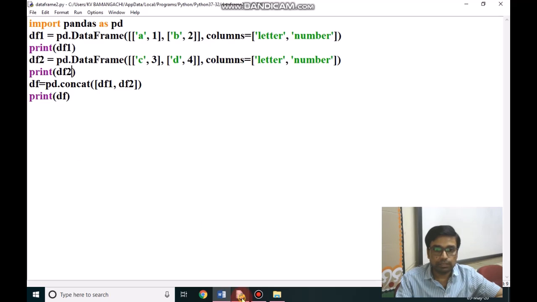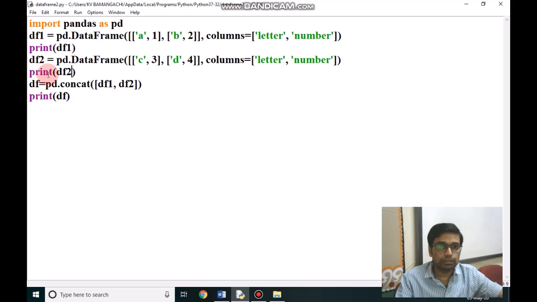Here we are taking two data frames, df1 and df2, and the data is a1 b2, column is letter and number. Second data frame, there is c3 and d4, column is same, letter number, and we have printed both the data frames.